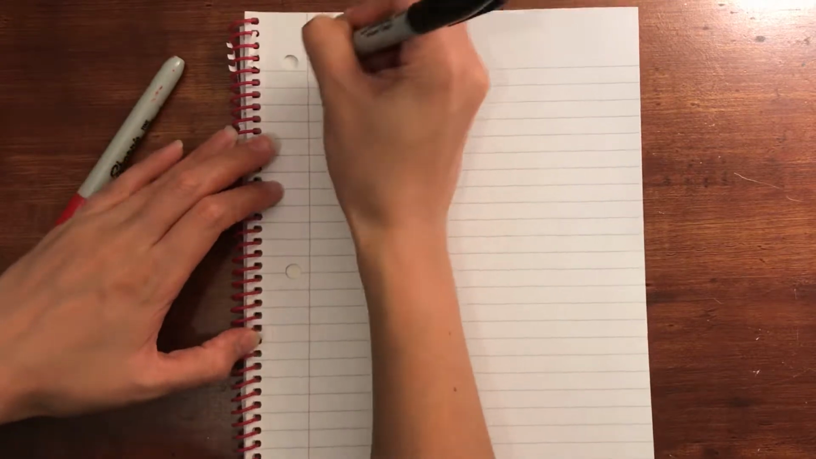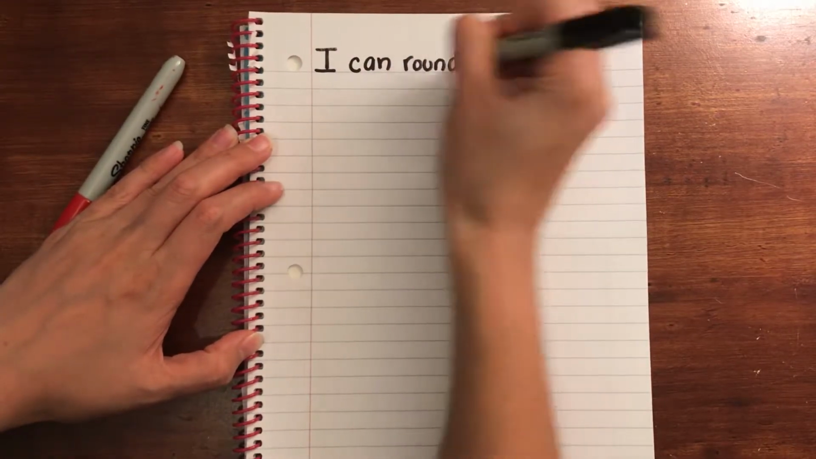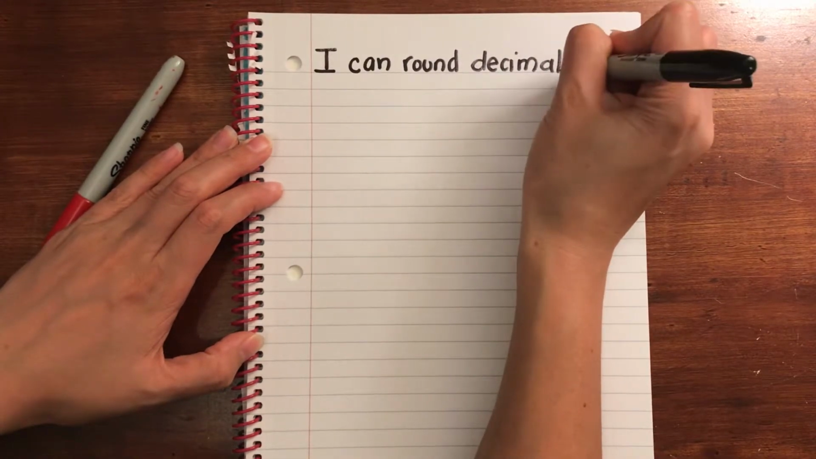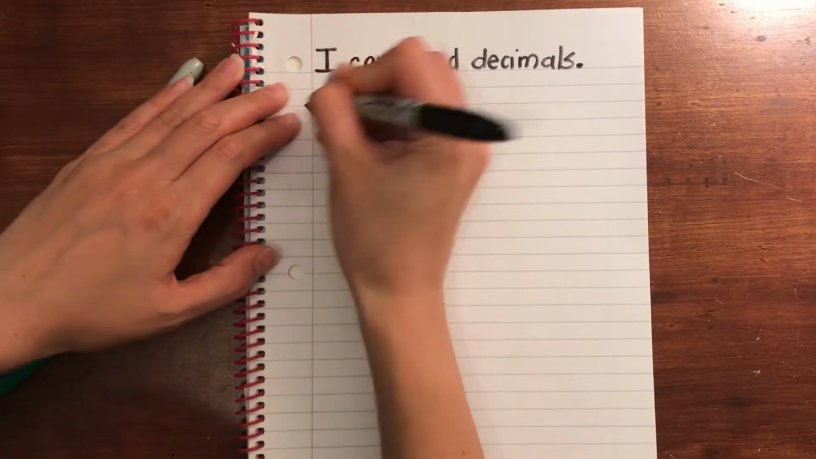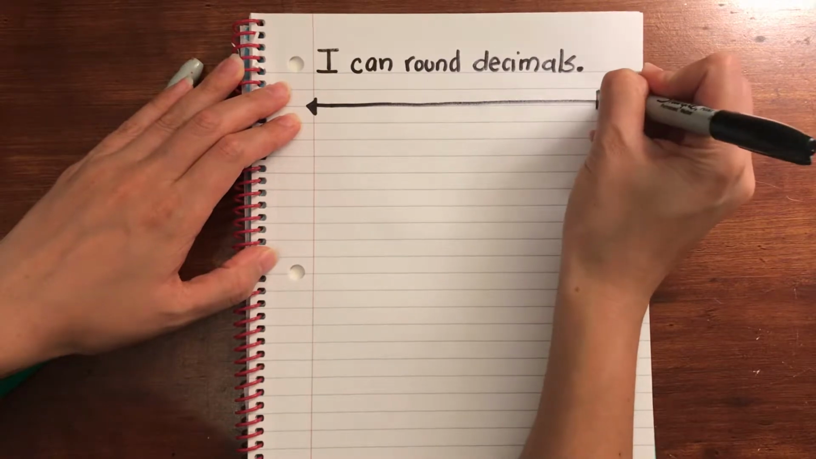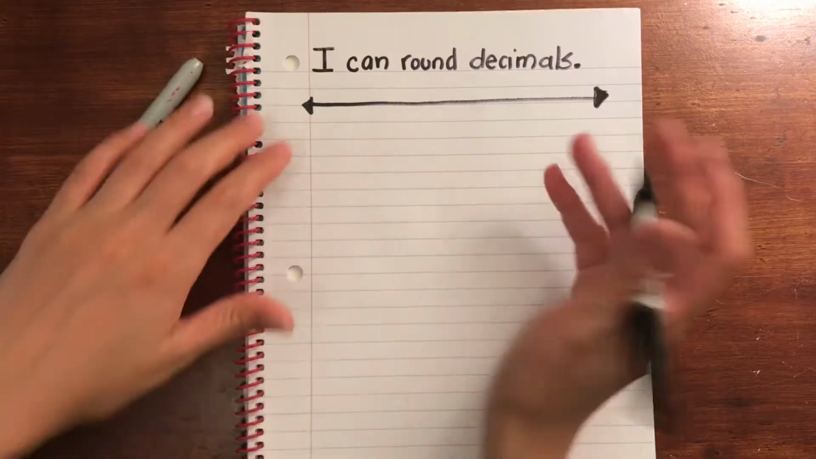All right, let's go ahead and look at I can round decimals. So we're looking at rounding, we're looking at decimals. I can round decimals. All right, so rounding itself is an interesting concept to grasp. It becomes a little bit more tricky when you're talking about decimals, but a number line is always great